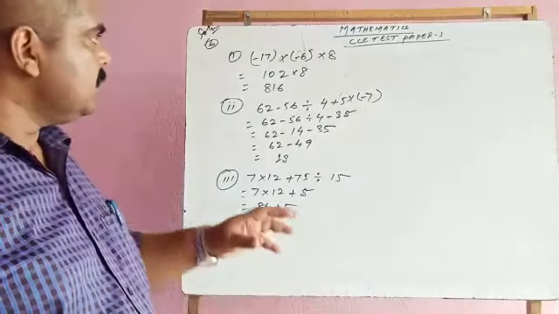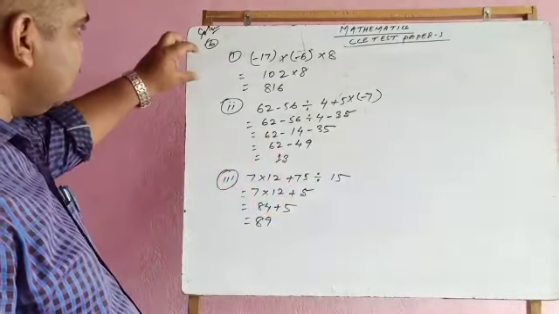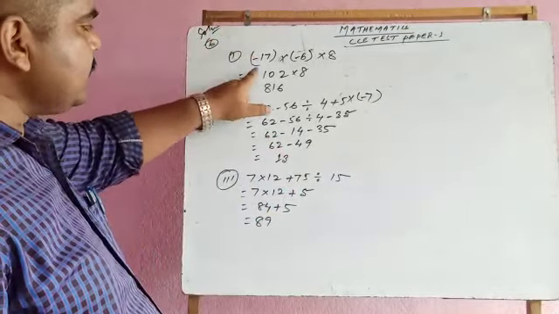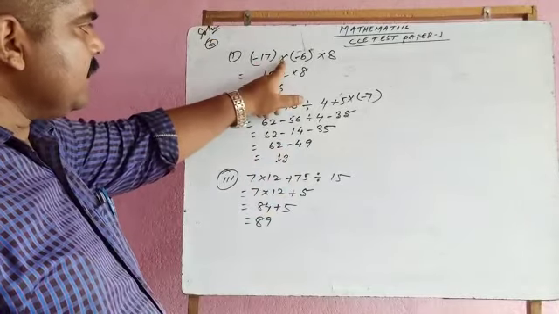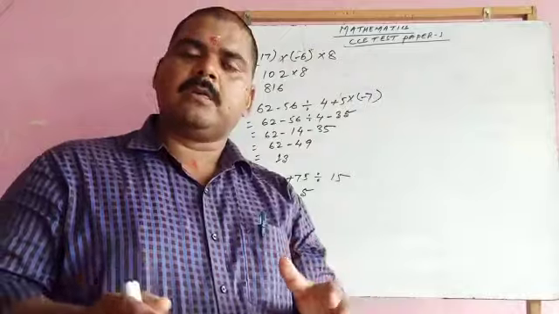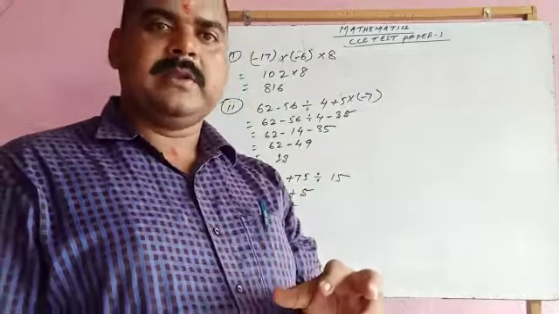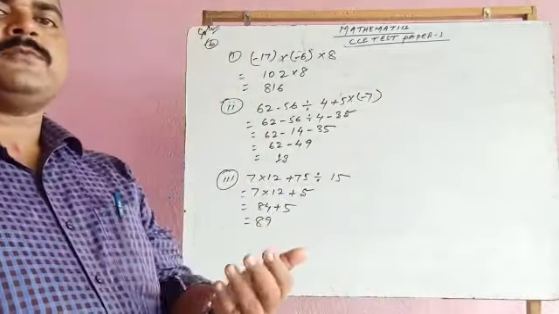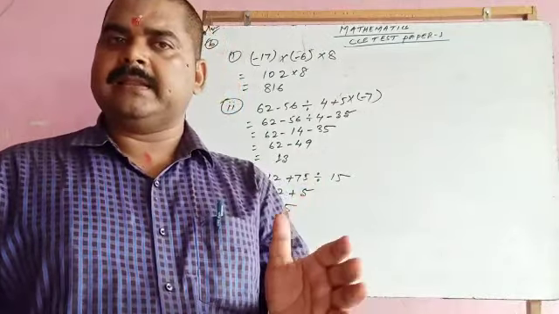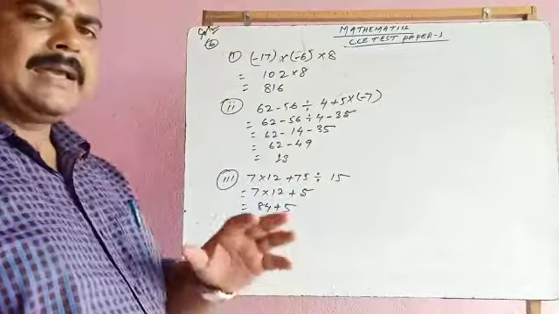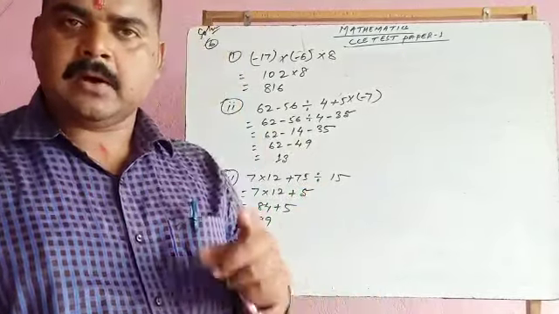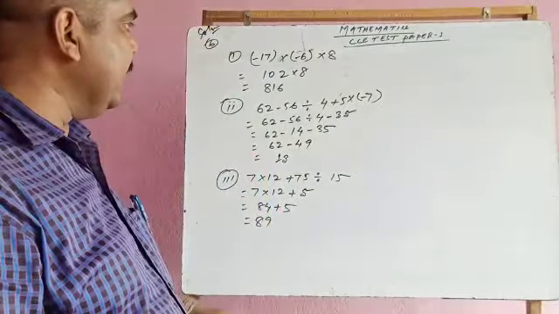My dear student, now you have to just see the solution of question number 6. The question has been given: minus 17 is multiplied by minus 6 multiplied by 8. When 3 or more numbers have been given in case of a product, then at first you have to multiply any two of the numbers, then you have to multiply the rest of the number. So by the grouping method you have to do that, and it depends upon your will.